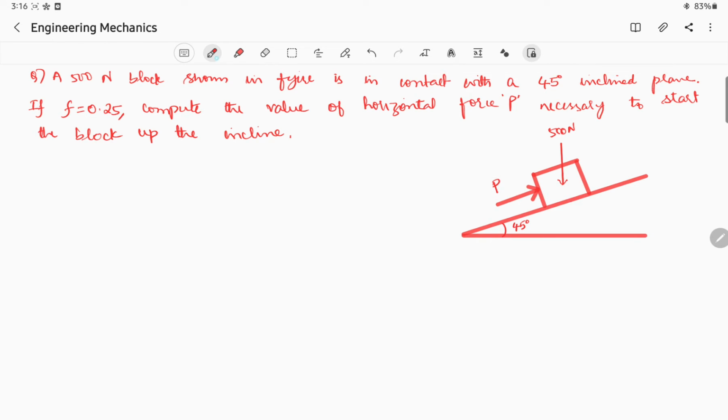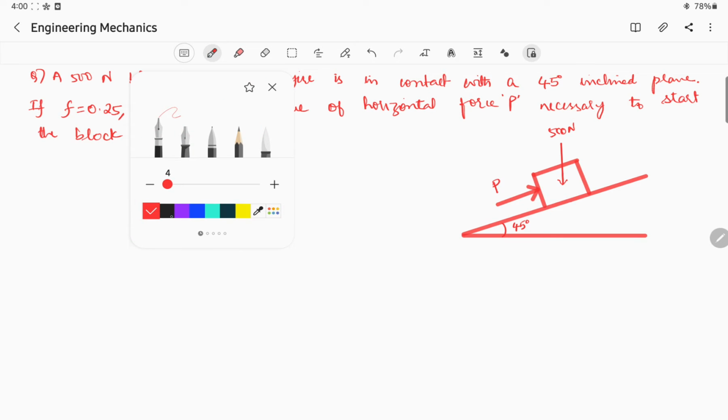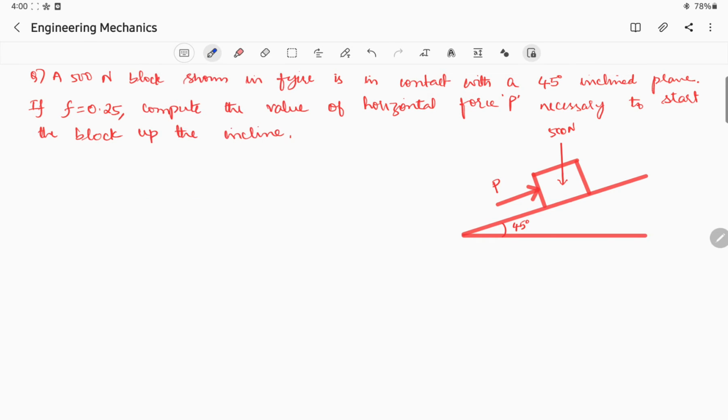All these reactions I will show you in different color, so that it will be easy for you to understand. So these are the things given in the question. So this is the normal reaction